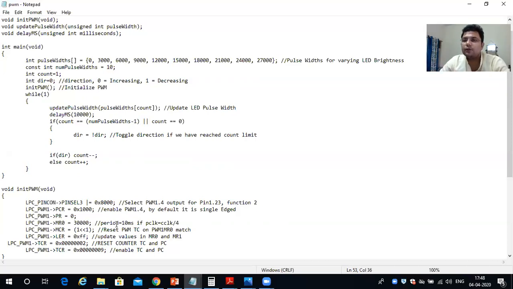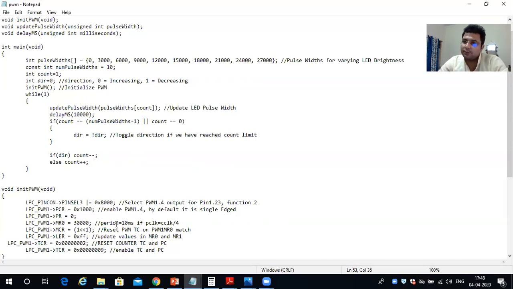Here in this example, we want to use PWM 1.4, so the fourth channel we want to use. We want to take that signal out over pin 23 of port number 1. So port 1.23 we have to